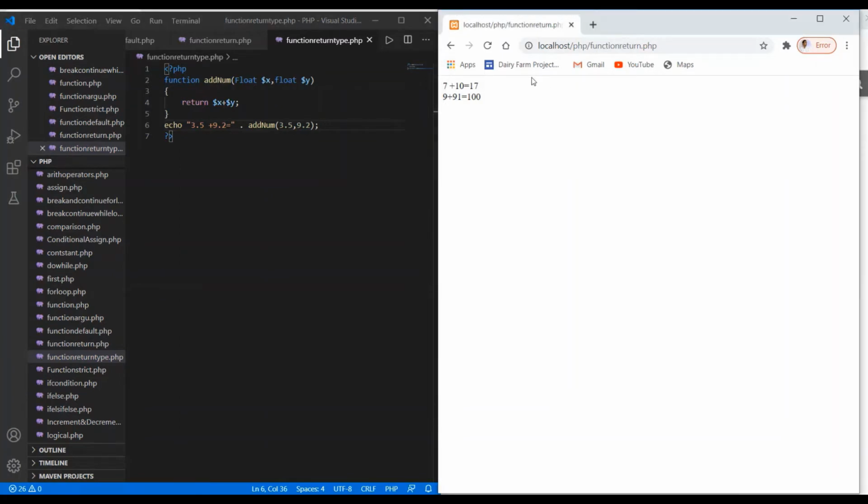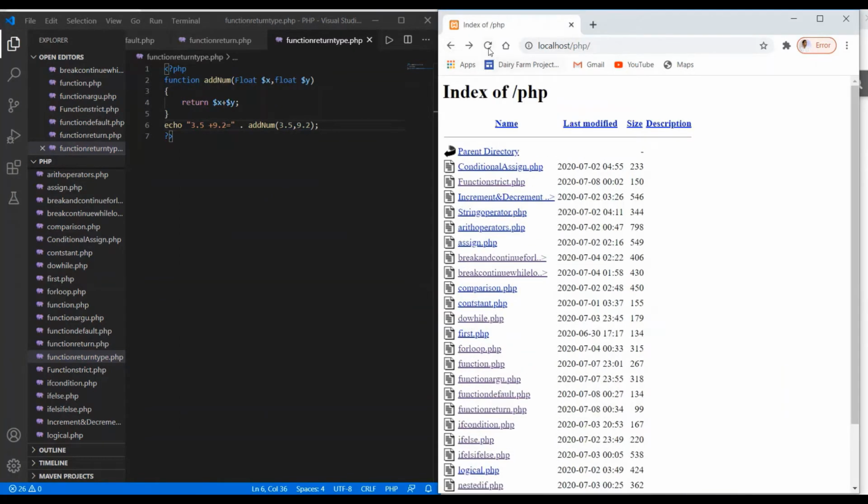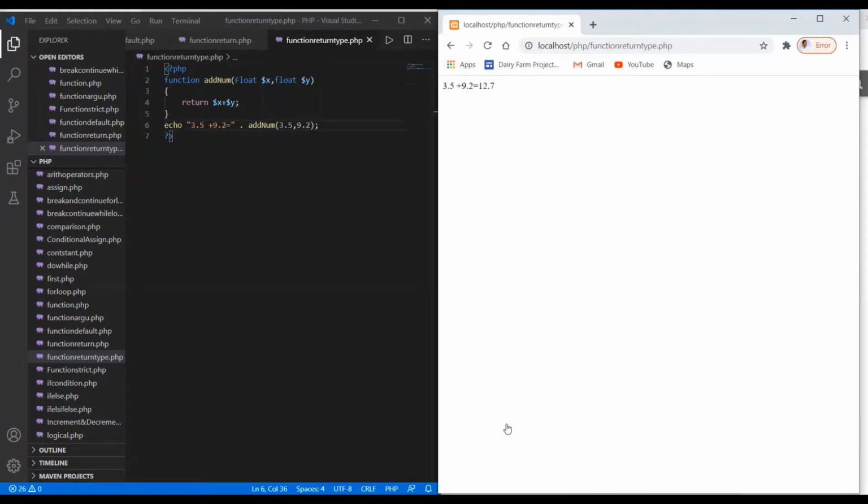Save the changes, and here we go in the browser. Here is our PHP directory in the localhost, and here is the file function return type. If we click on this, we get the result 12.7. Now what will happen if we pass this argument as 9 only?